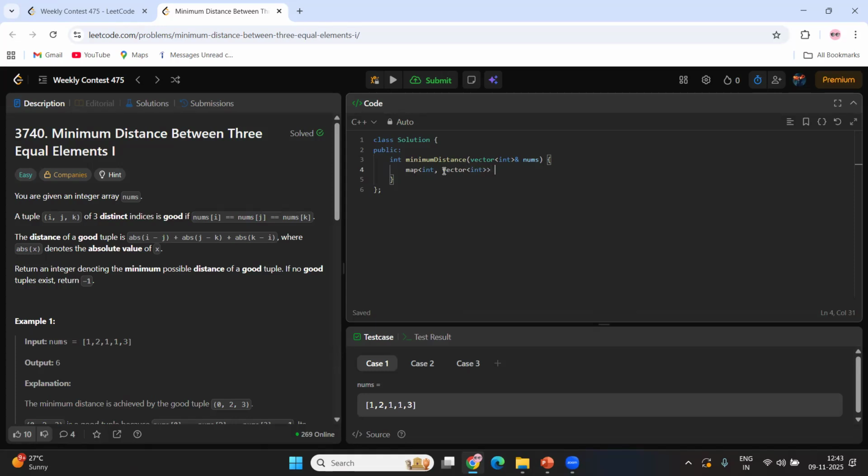So I will create a map, right? And now what I will do is start creating our data structure. I will start filling the values in our data structure map. So what I will do is look for the element and push its index in an array, and I will have that array as a map to that element. So I will create a for loop,